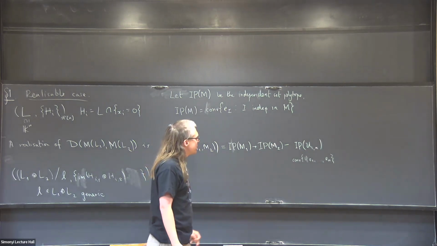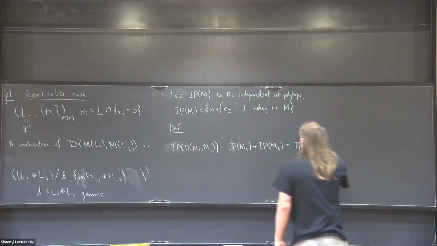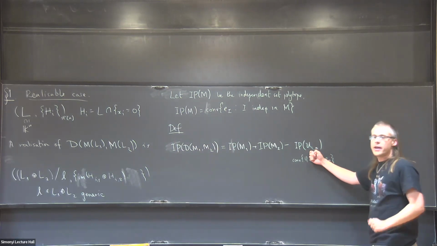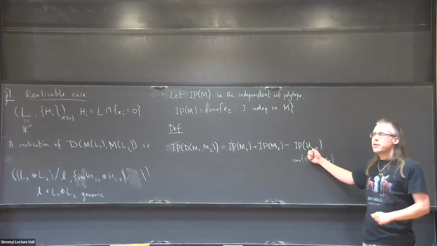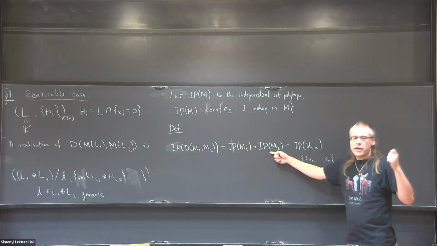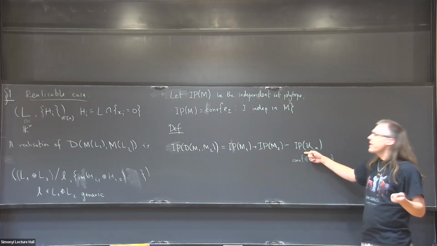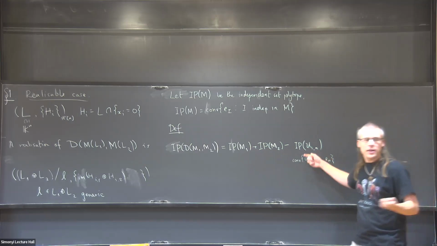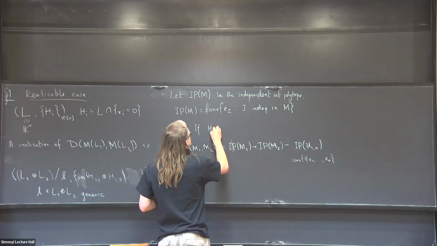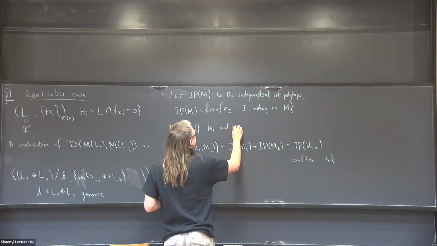Okay, there's one case this doesn't work. What if there are no translates of this that lie inside here? That will only happen if there's a loop, it turns out. If i is a loop in both matroids, then all the independent sets will have the x_i coordinate equal to 0, and you can't fit this in. That's the only case in which this doesn't work. So if M1 and M2 have no common loop,